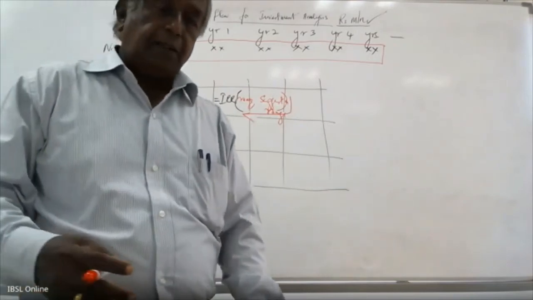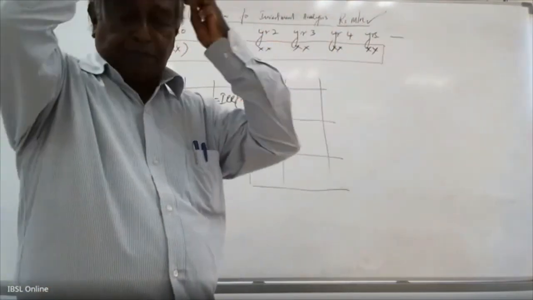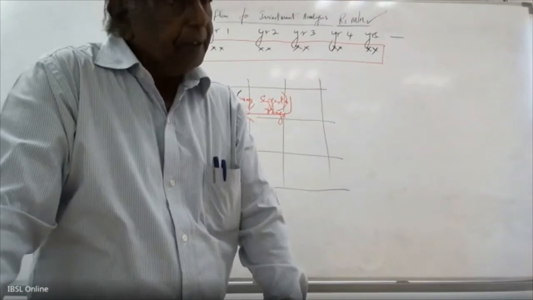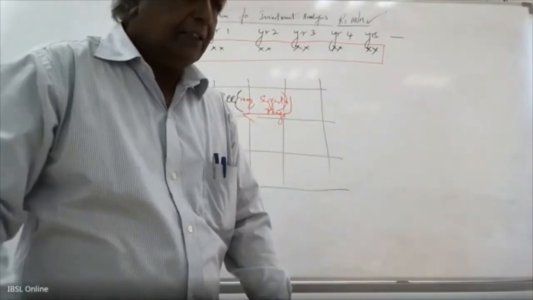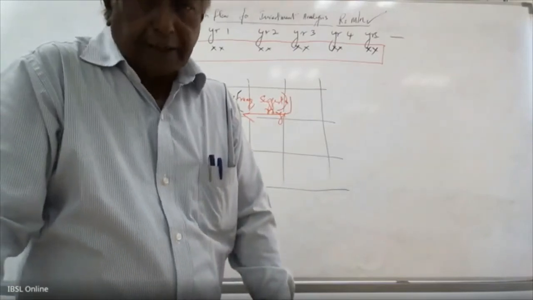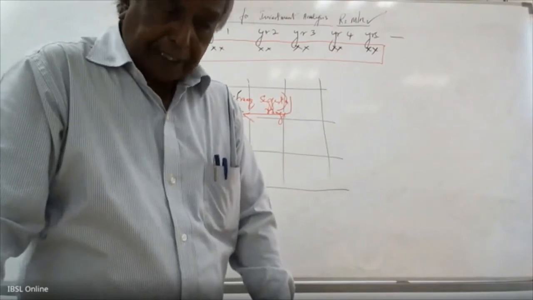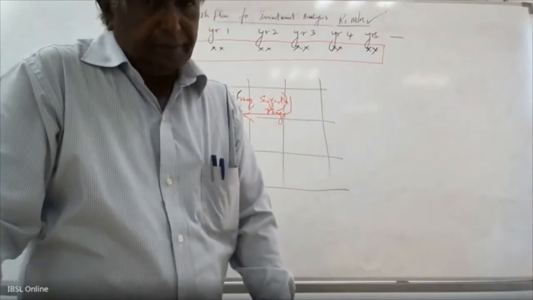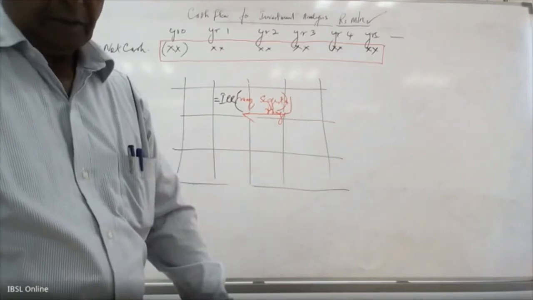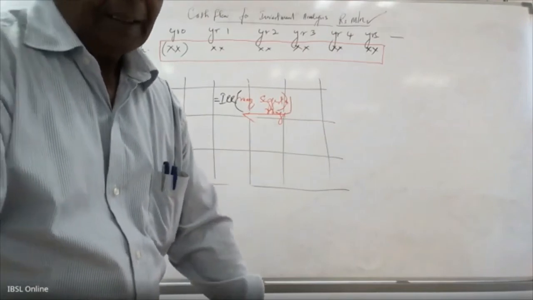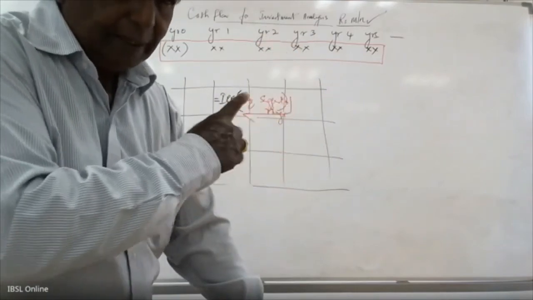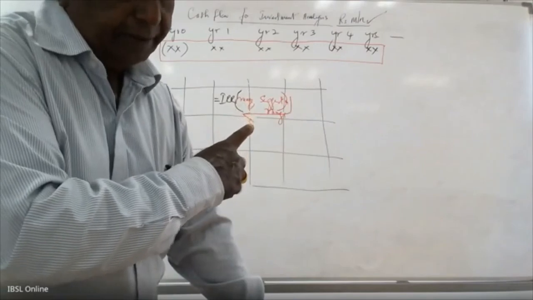So the only basic thing is that you have to develop the cash flow for the investment analysis, and then you don't need to do the calculation yourself. Using the computer this way, you can find out the IRR or the NPV. But with different Excel versions, sometimes there may be slight differences. Okay.